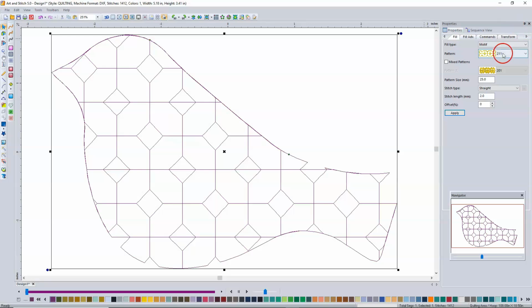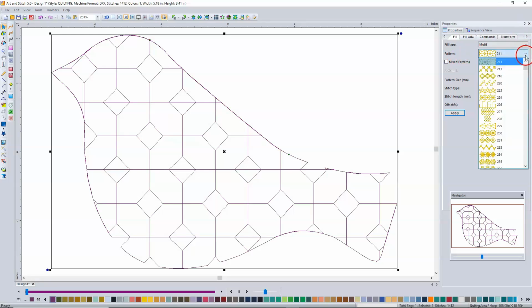So if you click down where it says pattern 211, you're going to see there's a whole bunch of different designs you can choose. And if you keep scrolling down, you're going to see ones that start with EMB. The ones labeled EMB are for the embroidery part of Art and Stitch Plus. In the base, we're using the quilting and